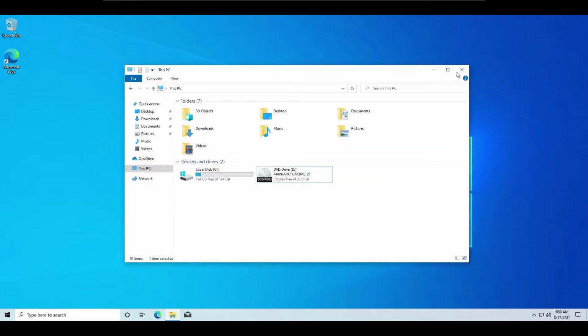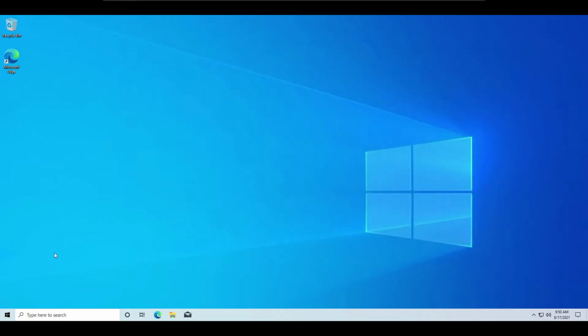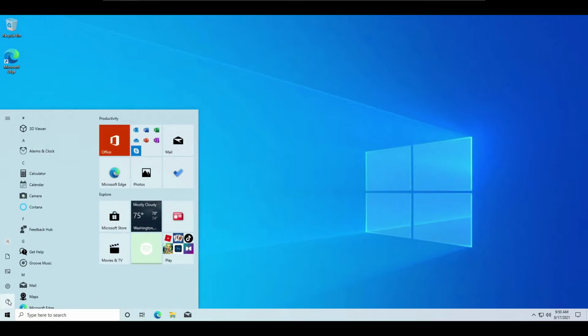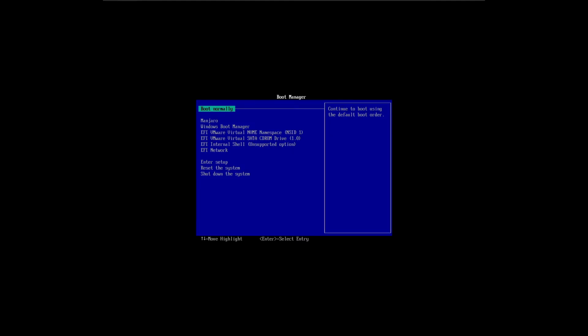Close Disk Management, close the Explorer and restart your PC. After restarting, go to the BIOS setting of your PC or laptop.